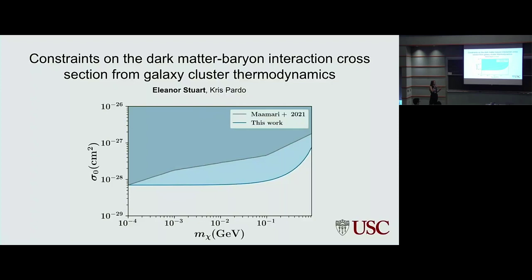Then I look at what the cooling rate due to dark matter baryon interactions would be, from baryons losing energy to dark matter through velocity independent interactions. Then I combine this with the major thermodynamic processes in galaxy clusters to come up with a limit on how much the dark matter and baryons are able to interact without taking the galaxy clusters out of thermal equilibrium. This plot comes from applying that model to one galaxy cluster, and we can talk about it more later.